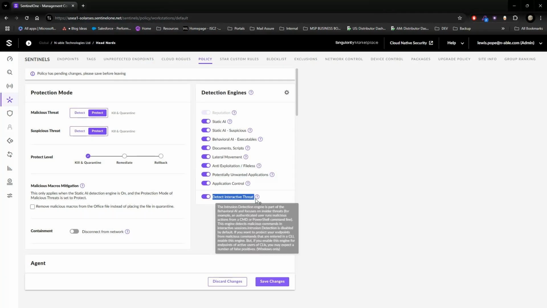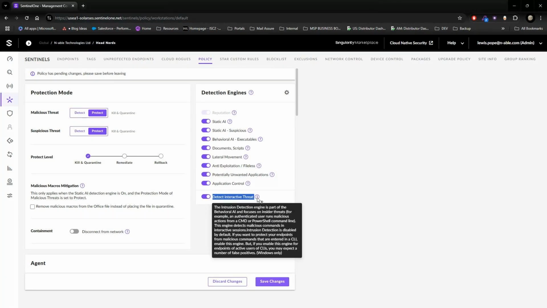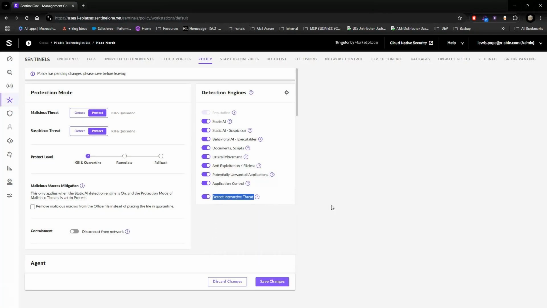But it does mean that if you are in a heavily automated environment where a lot of PowerShell scripts or command line or Python or anything like that is being used, you might have to turn this off or create adequate exclusions. The malicious macros mitigation, if your dashboards have this option available, just be mindful that if you enable this feature, it will cause complications for your clients if they do rely on macros a lot,